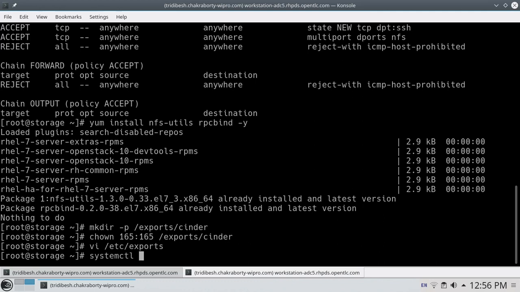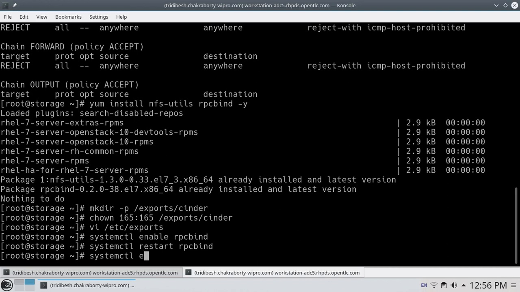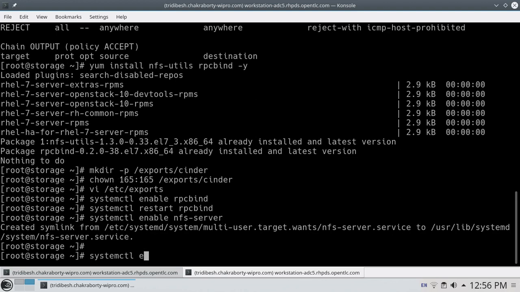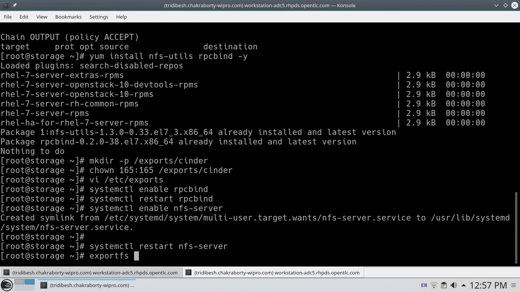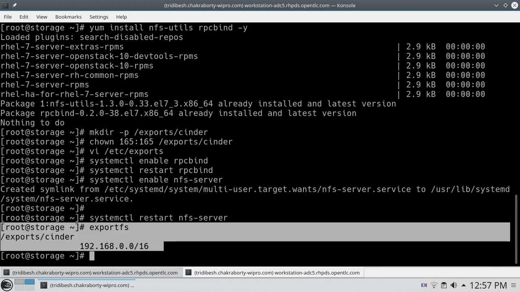Now we will run systemctl enable rpcbind, systemctl restart rpcbind, and then systemctl enable and restart nfs-server. Now we will run exportfs, which will show that the export cinder is being shared with this network range.